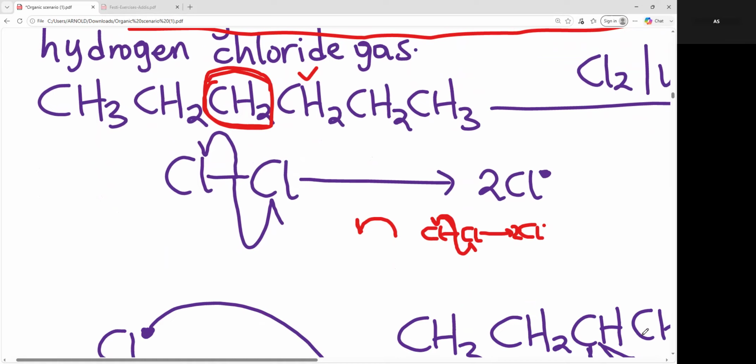So this is what I'll have: CH3 followed by CH2, followed by CH and H. So I expose the hydrogen at that carbon. Then CH2